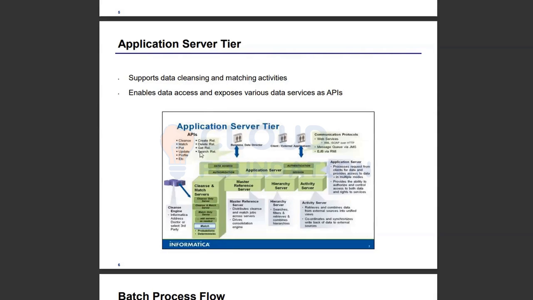And all these APIs are being driven from the application layer, which is the UI layer: the Hub Console, or the BES services, the business entity services, or directly E360 or C360, whatever you're using, those become the UI layer. Those APIs will be called from there. The application server will direct the process or the call according to which particular process it requires.